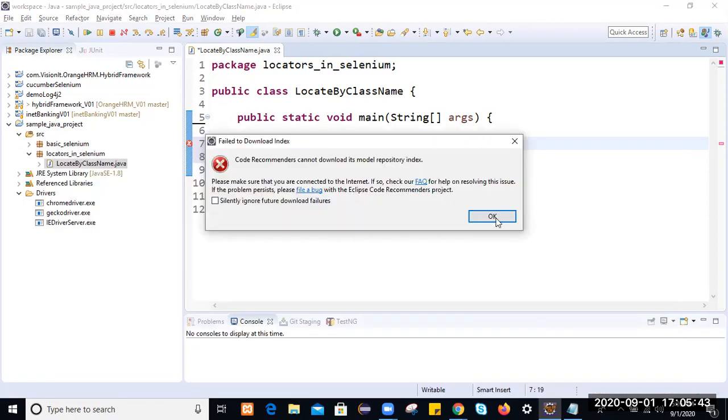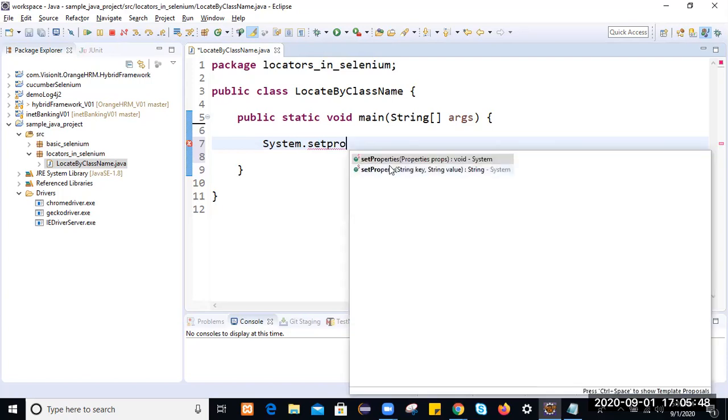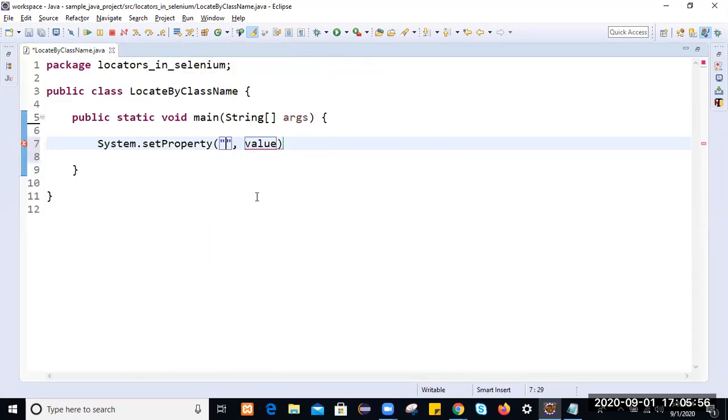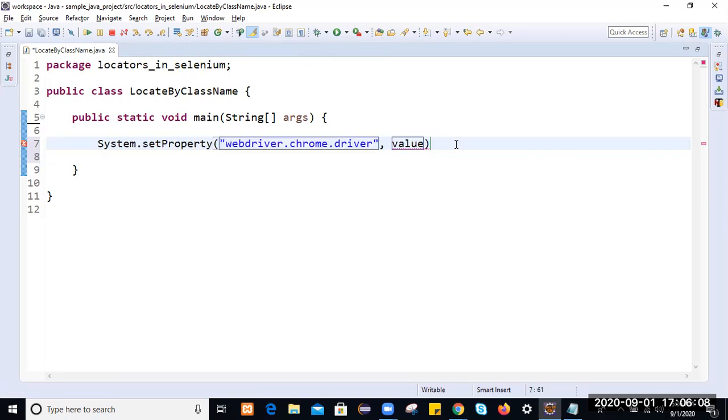I will use the setProperty method. What is the key? The key is webdriver.chrome.driver. And what is the value for this driver?